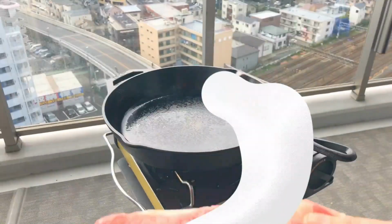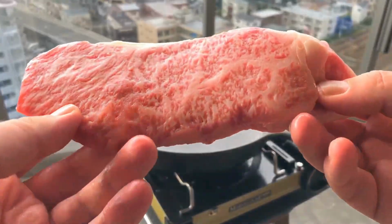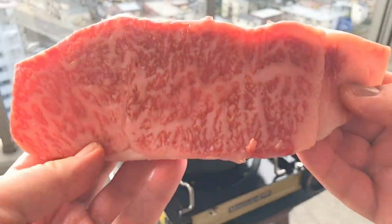We're using Wagyu beef and some really cool Shokupan, along with the stand. My favorite bread at the moment. So without further ado, let's get started. Hey Bento Busters, now check out this Wagyu sirloin steak that I picked up at my local